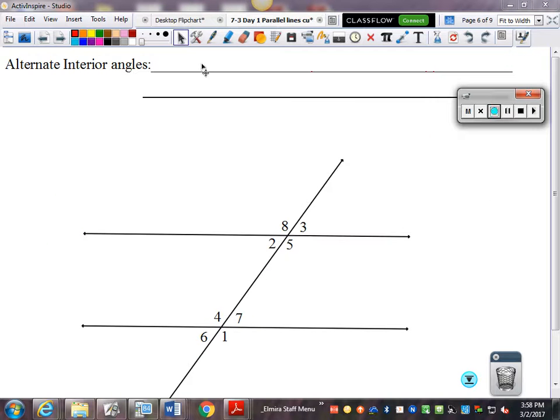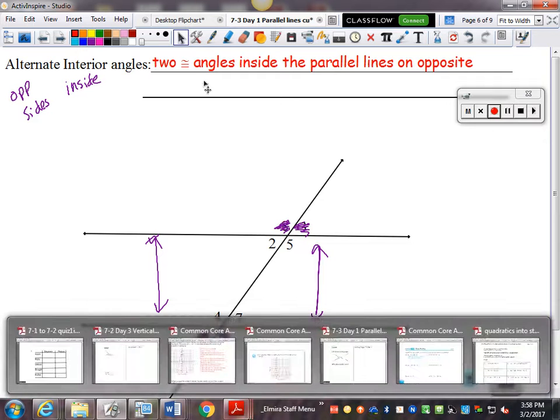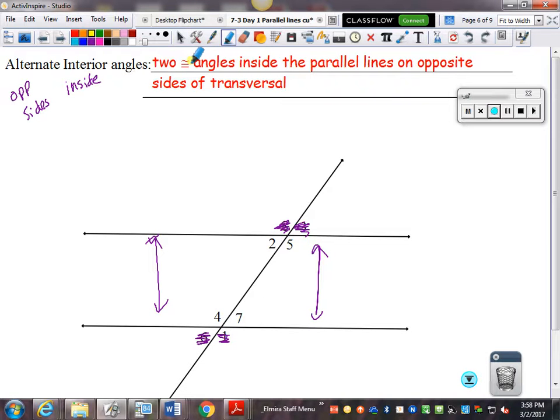Alternate interior angles. If we're talking about interior, what we are referring to is inside the parallel lines. So we're not talking about angle 8, angle 3, angle 1, or angle 6. We're only talking about angles that are inside these parallel lines. So 2, 5, 4, and 7. Alternate, we're talking about opposite sides. And still keyword here, congruent. Two congruent angles inside the parallel lines on opposite sides of the transversal. So if we're talking about angle 2,